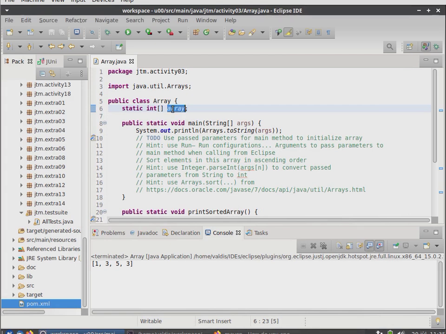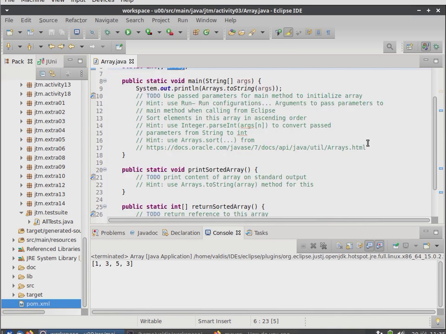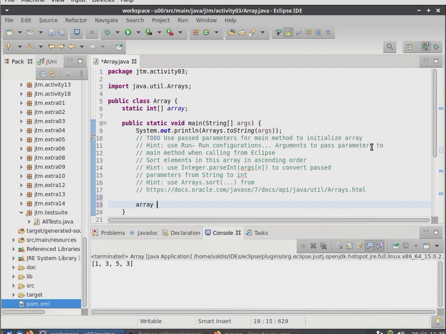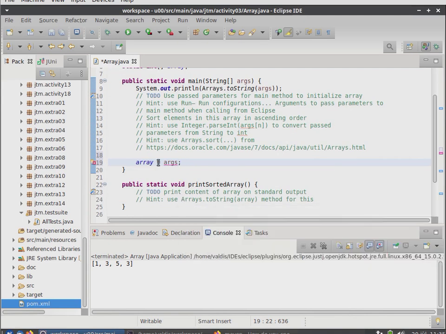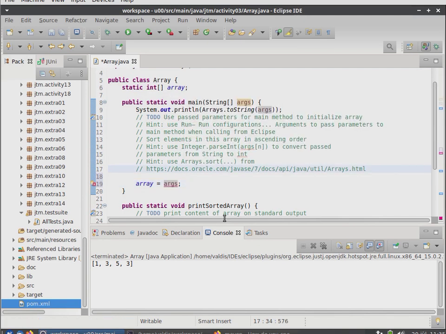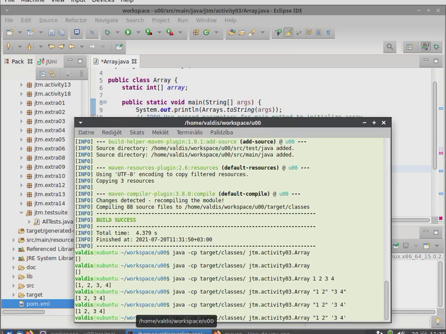We need to store these passed values into an array of integers, and that would be something like array is args in business terms, but of course Java is a strongly typed language, and you cannot just assign values from an array of strings into an array of integers, because even though you just pass numbers here